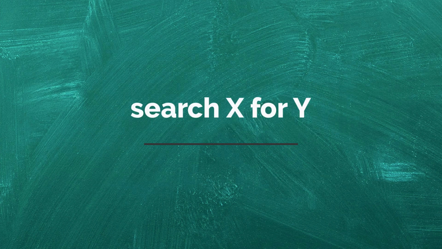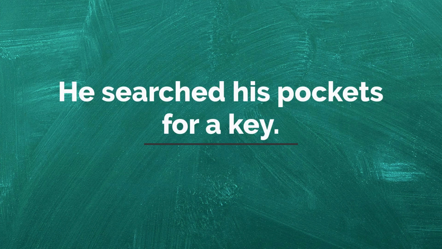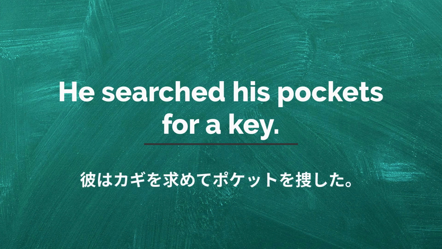Search X for Y. Y を求めて X を探す。 He searched his pockets for a key. 彼は鍵を求めてポケットを探した。